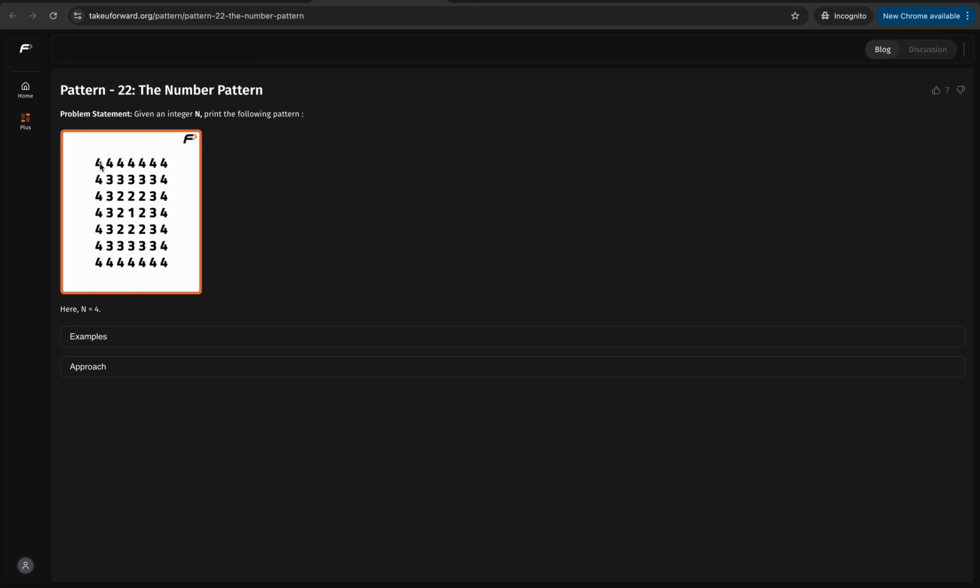So this index is 0, 0. At line number 0 we are printing all n. At line number 1 we are starting from n, but at the first index, if i and j, if j is equal to i, then we are printing n minus i. In the third line